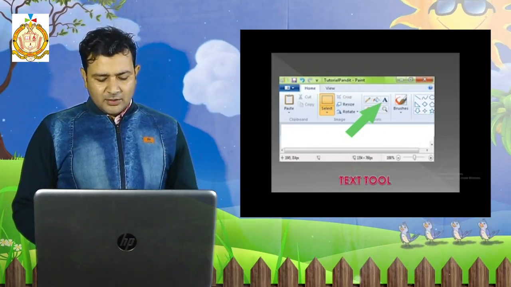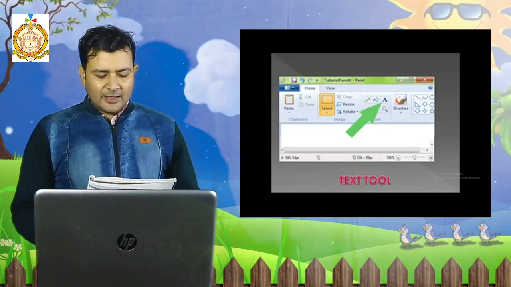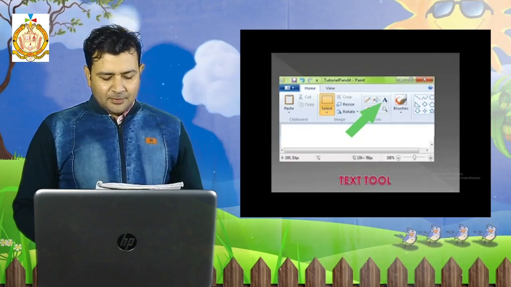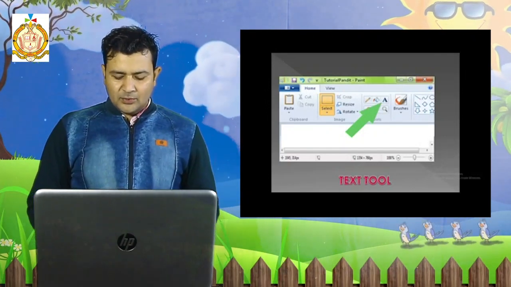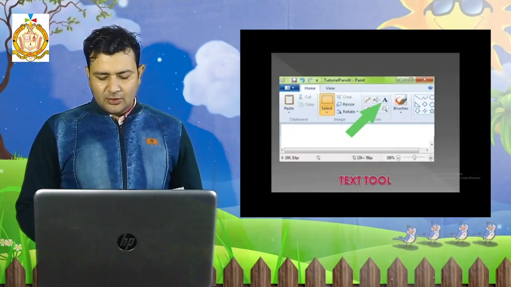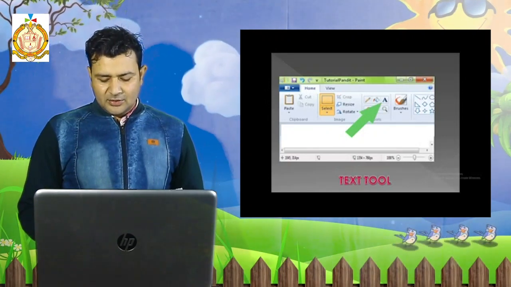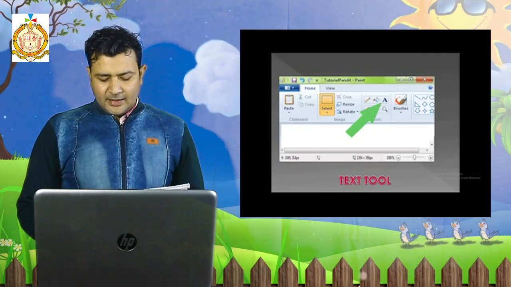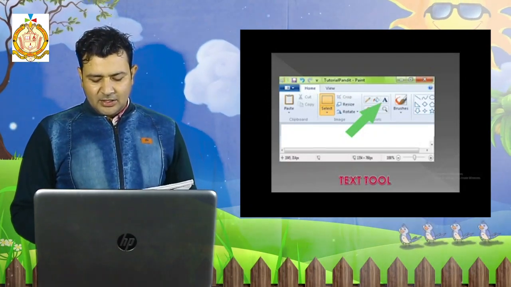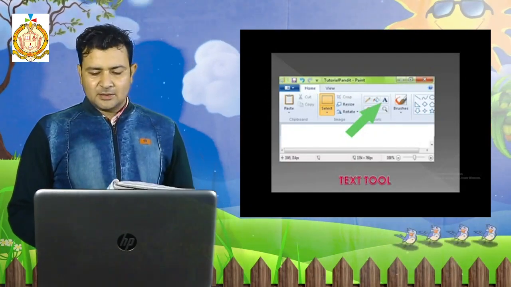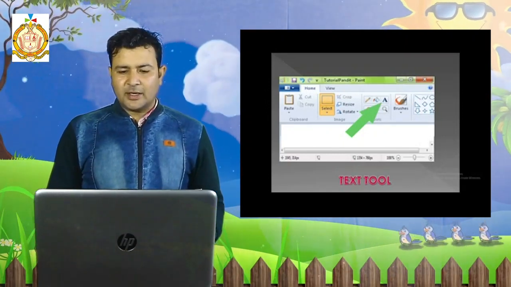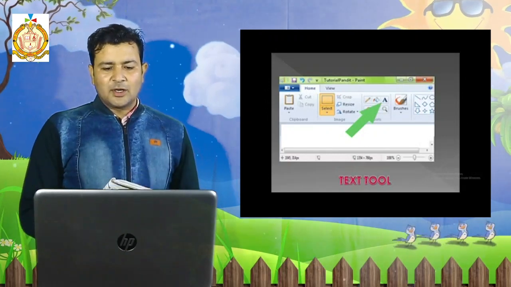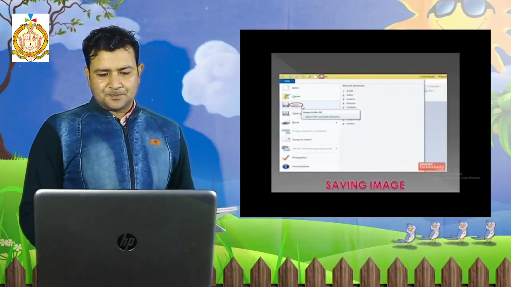Then from the toolbox we have to select, you can write in the Paint window with the help of these tools. From the tools we have to select the text tool. Click on the Home tab, click on the text tool, drag the mouse pointer in the drawing, a text box will appear with the cursor blinking in it, and type the text that you want. Like if you want your name or your friend's name, you can type a particular name and you will get the name on the screen.